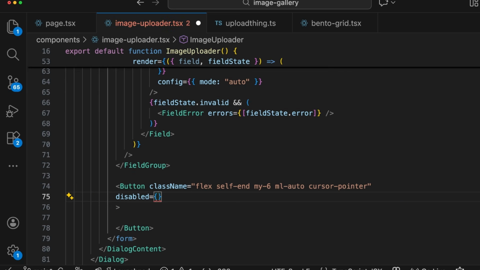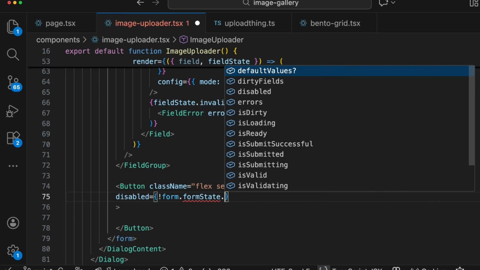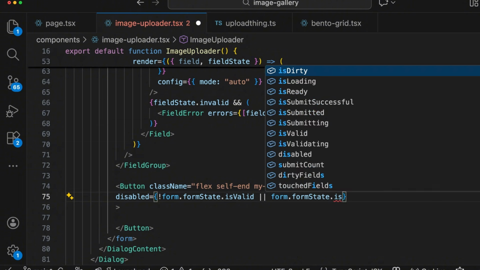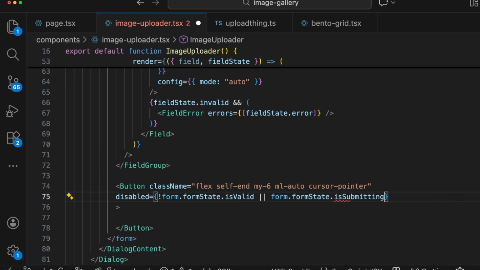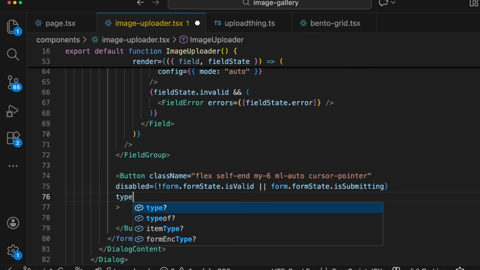Should be disabled if !form.formState.isValid, or if form.formState.isSubmitting, like this. In these two cases, we should make this one disabled. And then let's add a type of submit,